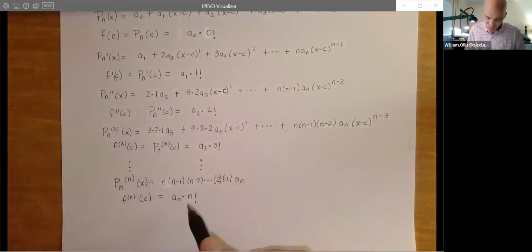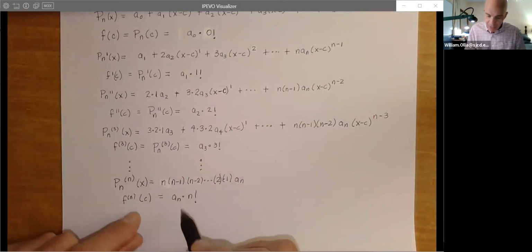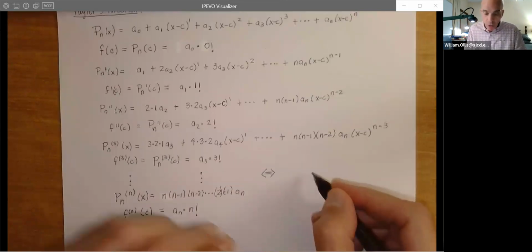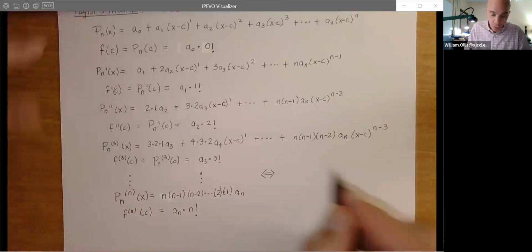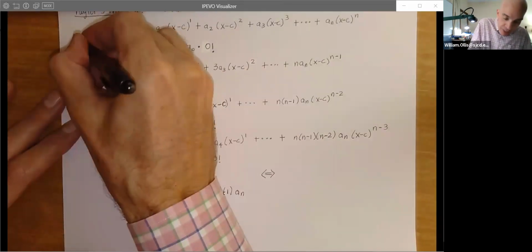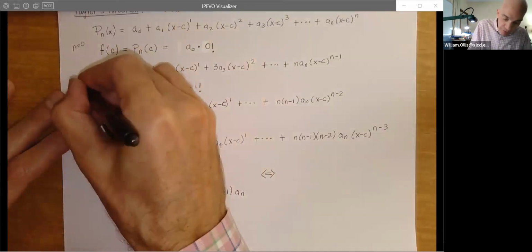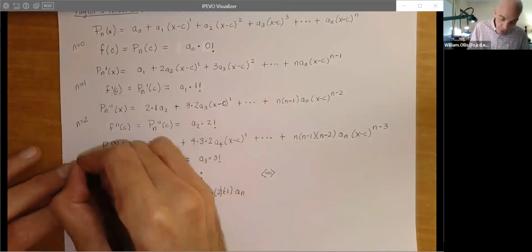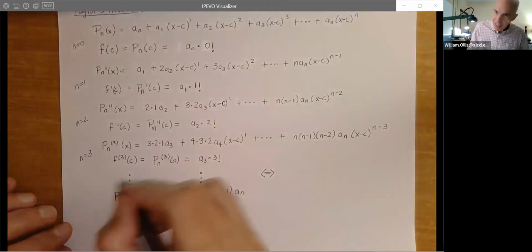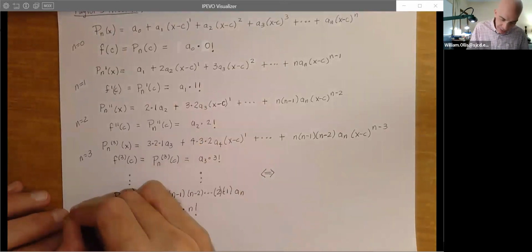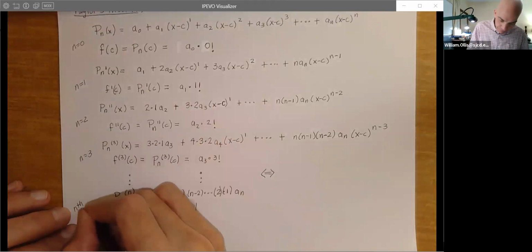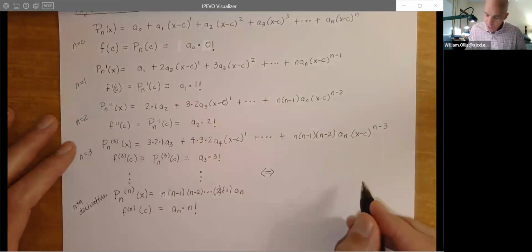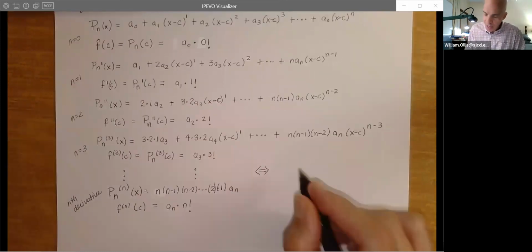We're doing it here. So now we see that in general, for all of these n's, we take the order of the derivative. Here the order of the derivative is 0. Here the order of the derivative is 1. Here the order of the derivative is 2. Here the order of the derivative is 3. And then I'll just say nth derivative. You're thinking maybe we could use k as our index variable. And I can do that if you like.